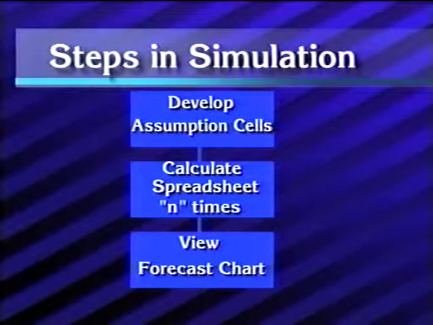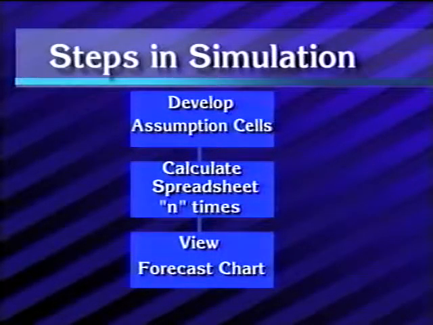So these are the 3 steps involved in simulation. You develop your assumption cells. You calculate the spreadsheet n times, and you set n to be whatever you want it to be. If it's a very complex model, n may be as large as 10,000 or 50,000 times to see the full spread of possibilities associated with my simulation. And then I view the forecast chart. Now, let me